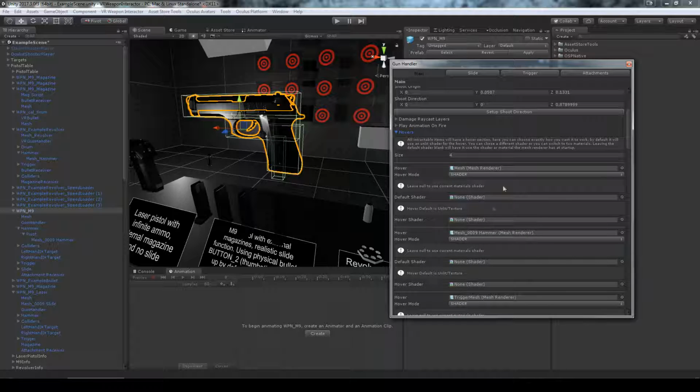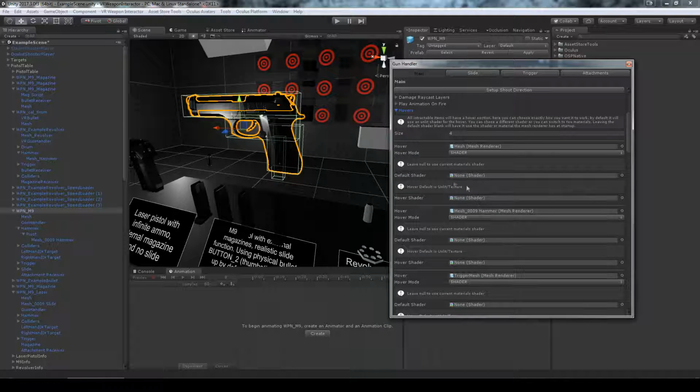So the hovers I've been through in a different video, in the VR interaction video. You just reference each renderer, and you can set whether you want it to change just the shader, or you can change it to material, and it will just choose the default material and hover material. Default material, obviously, you can most of the time leave that blank unless you definitely need to fix it, but during its initialization, whatever material or shader is currently on is the one it will use. And by default, if you leave any of these blank, it will use the unlit texture shader for the hover shader. And if you actually set it to material and leave it blank, then I think that might